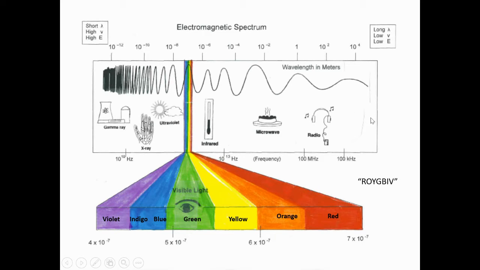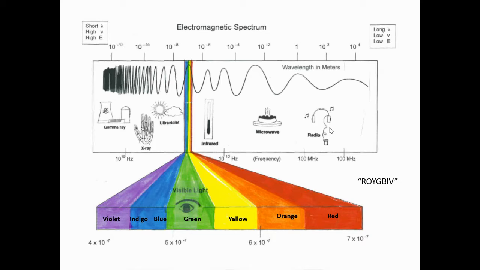So I want to start by talking about the type of energy on the far right here. Notice this diagram of a wave, and we see it's very long and it's getting shorter and shorter and shorter and shorter and shorter. So on the right hand side, we have waves that are very, very long. And these types of waves, they can be from 1 to like 1,000 meters long, are radio waves, which are used to transmit various forms of communication.